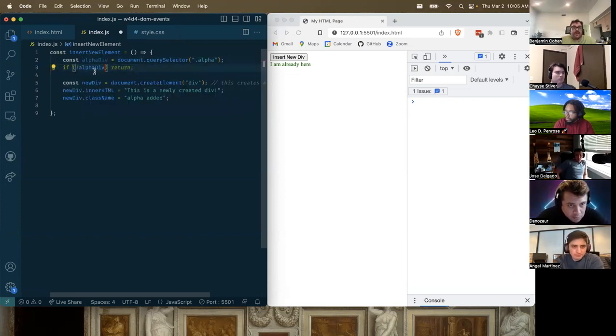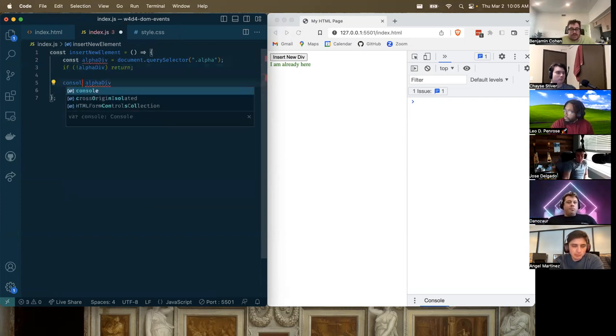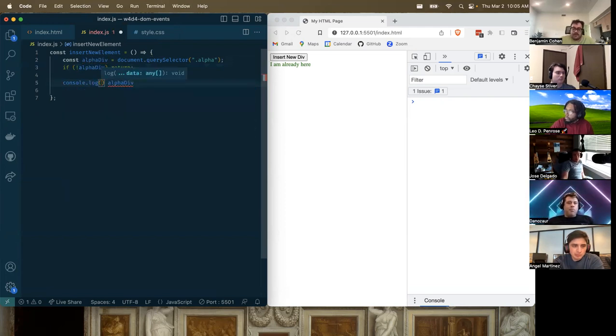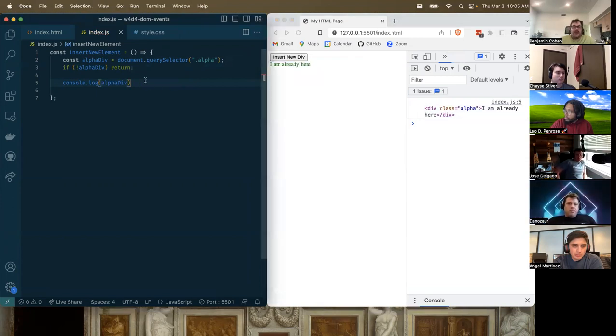But we're going to assume that there is one, and what we'll do first and foremost is just print it. So I'll write console.log alpha div, just to show that that is indeed the one that we are getting. So we're getting the thing with alpha, and then like before, I was able to write